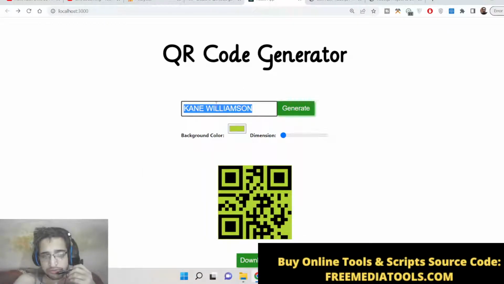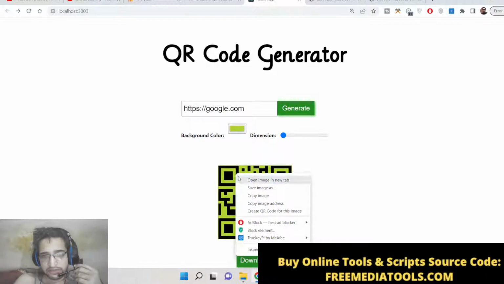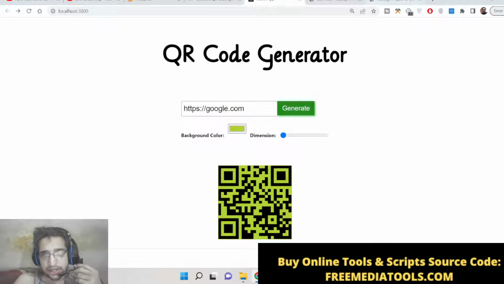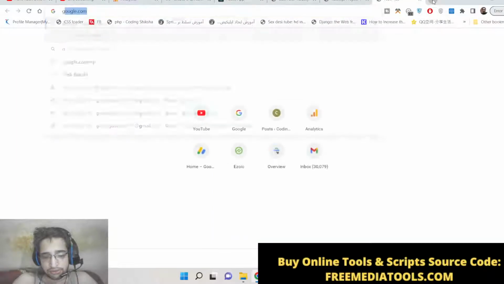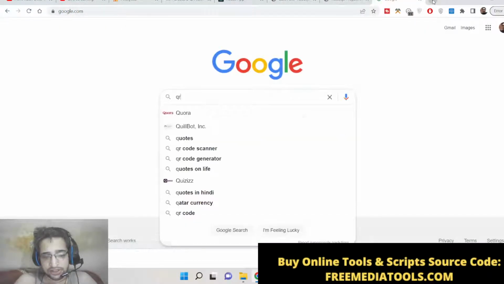So basically we are building this image. You need to just provide the text, whatever text that you want to have. So you can even provide a URL here as well, and then click generate. So the QR code will be generated for this URL. So you just need to scan this. If you save this image on your computer, and if you go to any kind of QR code scanner, and if you scan this QR code, then you will see,